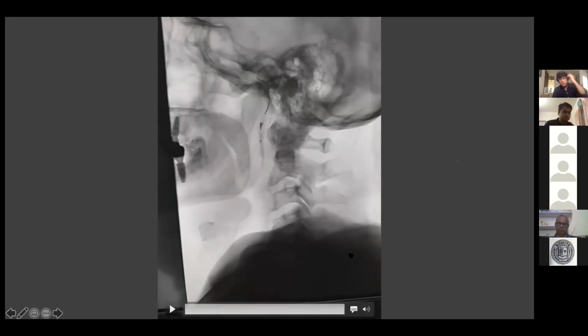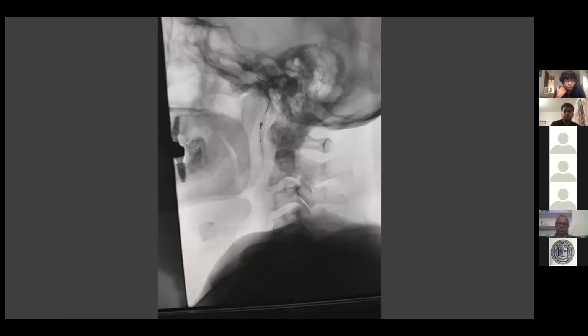So with that, I'll stop. I've already taken a lot of time. I have an animation video for TCAR. If anybody is interested, I can show it later. We haven't done it, but it's basically a flow reversal procedure. Having gone through the procedure, I find that if you are going to make an incision on the neck, you might as well do a carotid endarterectomy. So in case the participants are interested in learning about that, I'm happy to show an animation of the procedure and we can discuss it later in Q&A.